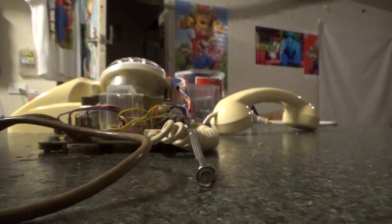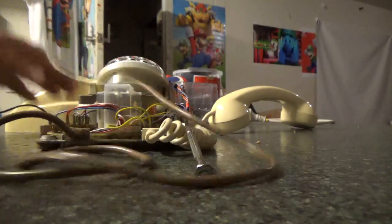Over here, move it onto the A terminal. Like that, and that makes it a 2-wire phone, not a 4-wire or a 3-wire phone. Then what you do now, once you've done that, we'll do this because I'm going to keep it as 2-wire anyway. On the jack side of things,